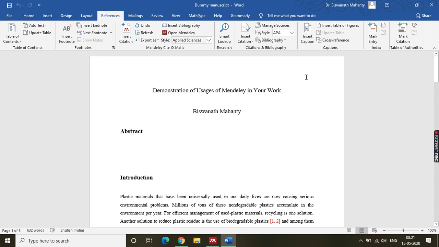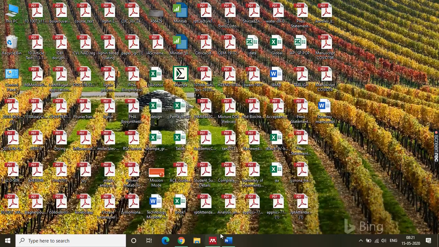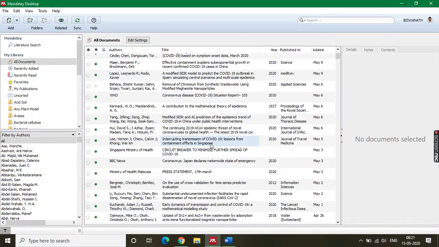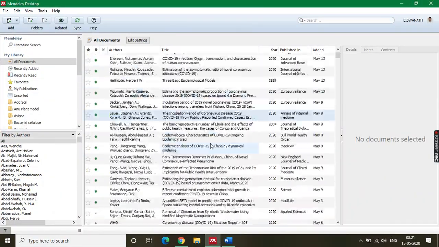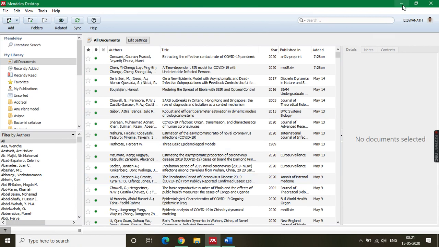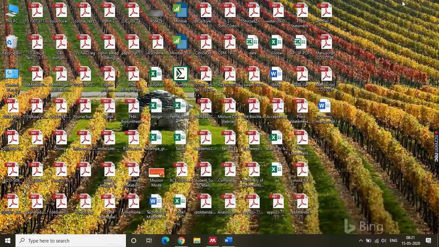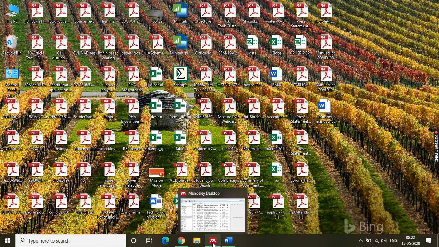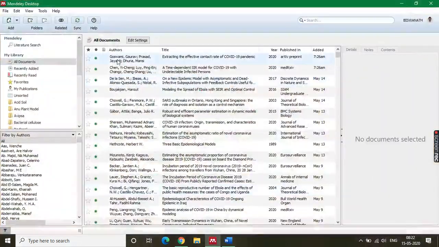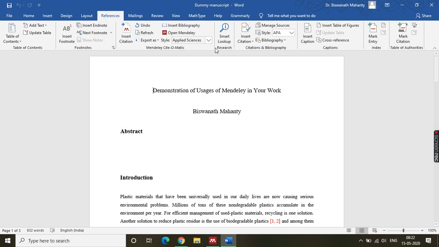Okay, now when you are discussing reference management with Mendeley, you need to understand there are two components. One is the online version, another is offline. Your desktop app is offline, which is actually inside your computer. The references are there in the app. Another version is there online. Let's see what is there in the online part, how to put the reference, all those things we will discuss. So the Word plugin we have already shown, right? The Word plugin is installed successfully, it is there, so we can use it for Mendeley.